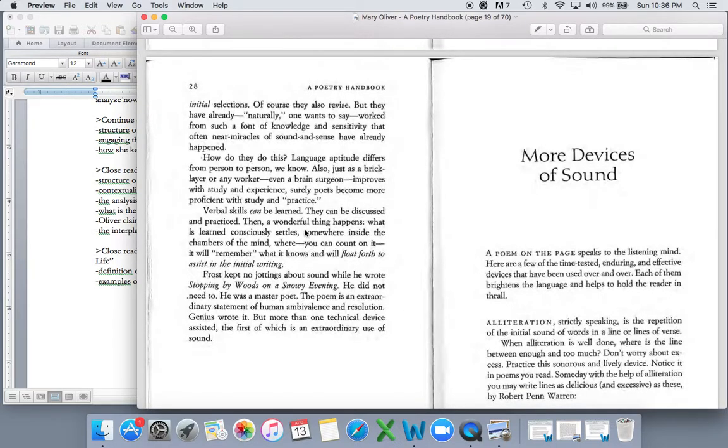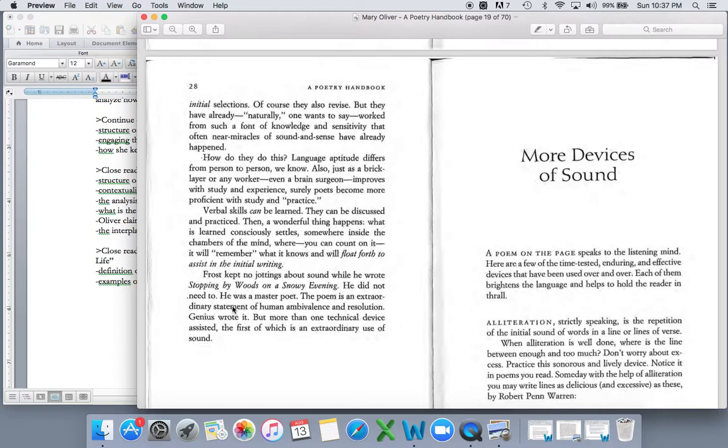Let me find it. She says here at the very end, right before the last sentence, "The poem is an extraordinary statement of human ambivalence and resolution." We've talked about how poems are statements. They are arguments. They do have messages, but they're just not directly delivered. They're delivered through story, and they're developed through imagery and diction choices to involve the reader in